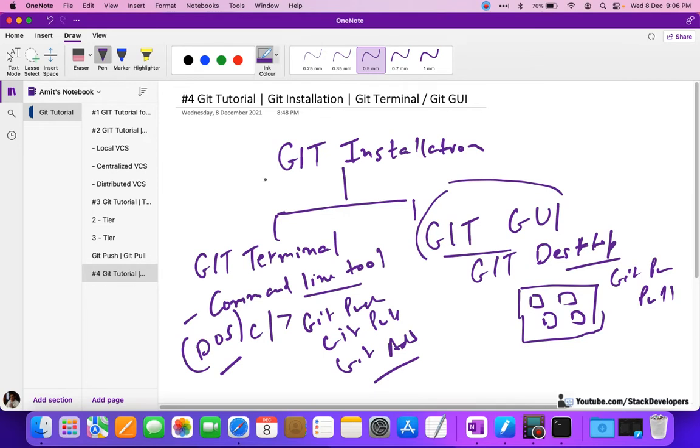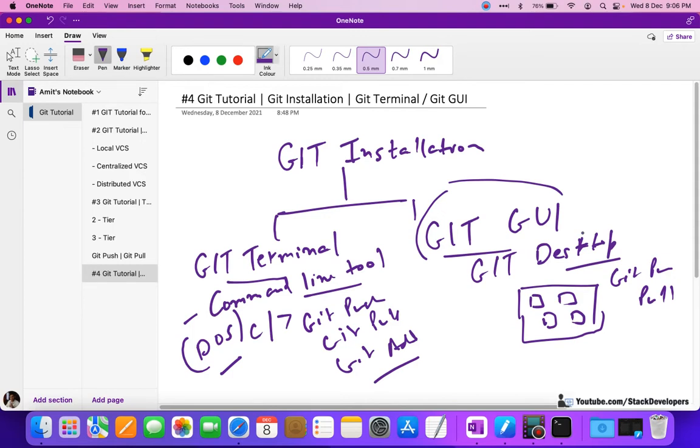But we will use the Git terminal only, because as developers we must use the Git terminal. The Git graphical user interfaces are for users who are not developers, who are normal persons and don't know anything about coding. They can use GitHub Desktop or other softwares.